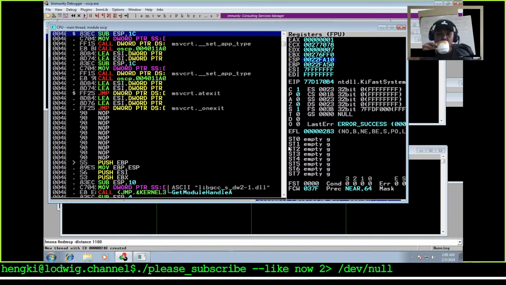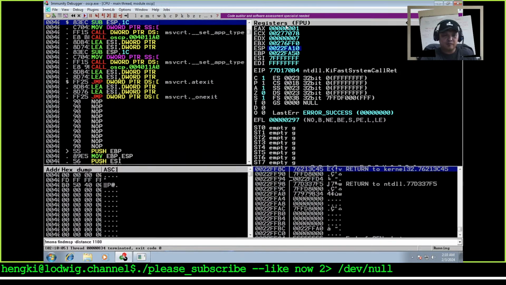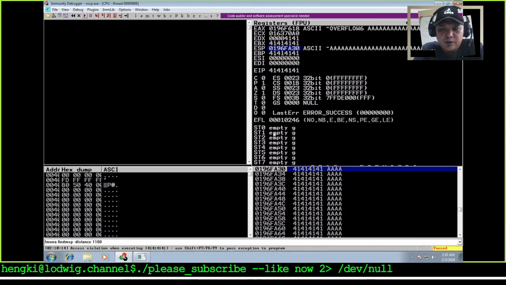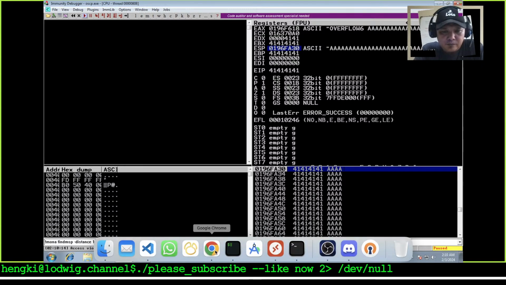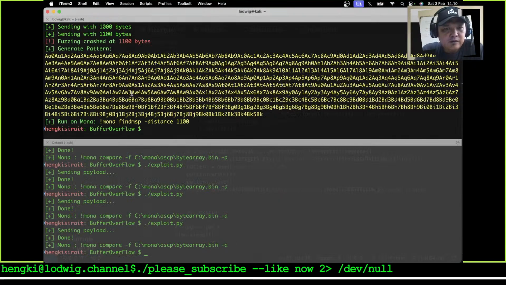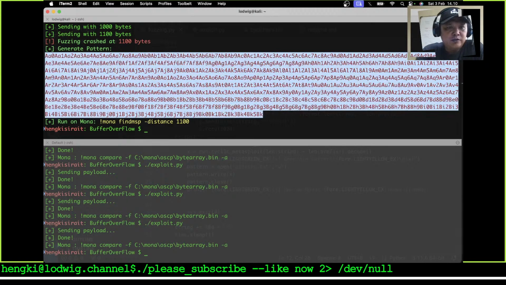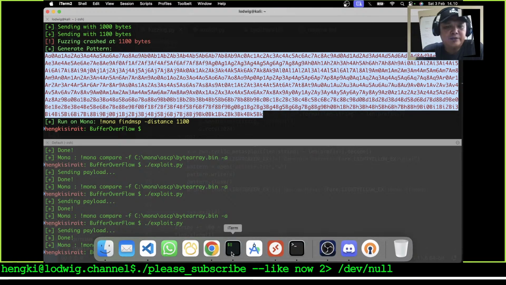It's a different thing here. Okay, we got the stack here at the Mona. Okay, let's copy this 1100 bytes. So on our exploit,